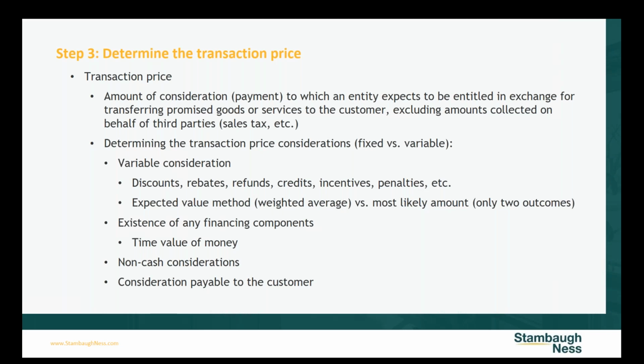The other way to do it is they're calling it a most likely amount, or if there are 2 outcomes. So in this situation, if we had membership revenue and maybe you don't have 1,000, maybe you have 50 members, could you do a most likely scenario where you go down through and say, is this member most likely to pay the discount or pay the regular price? And then do that for all of your members. So there's 2 different ways that you can handle it, making sure that in any way where you're considering estimates or these variable considerations, your thought process and rationale is documented.